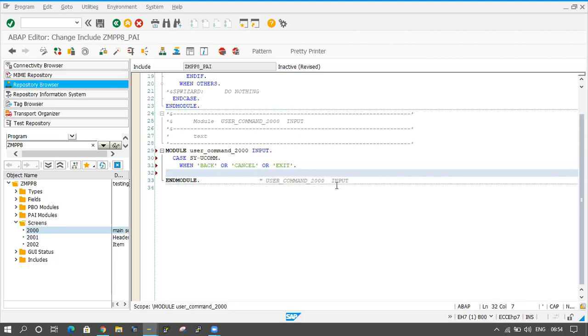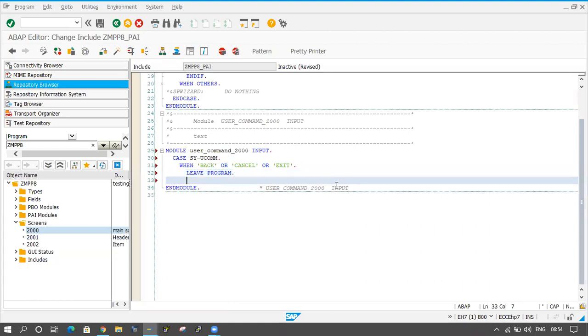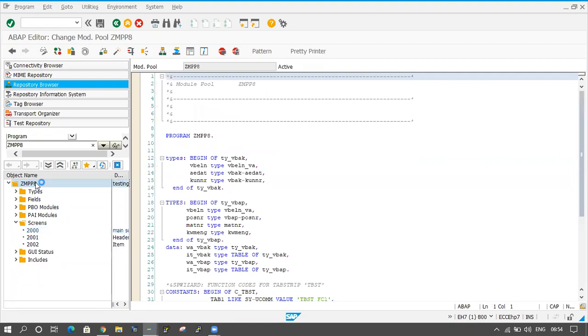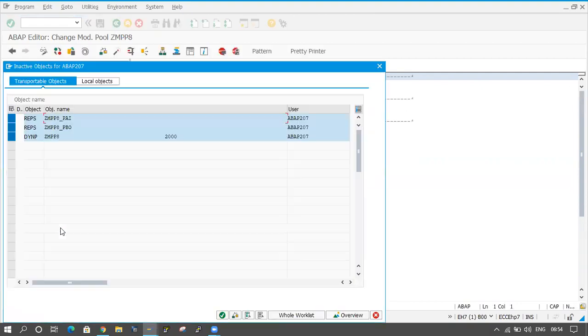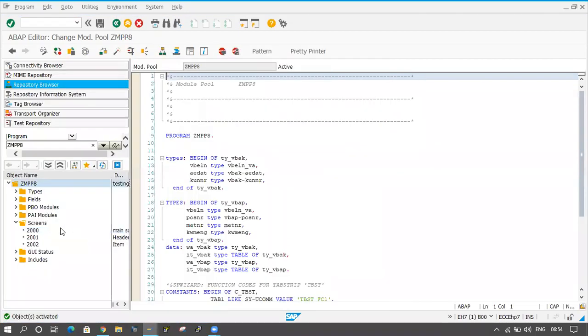Means I will terminate the screen here. Save it, check it. There's no problem. Now I will double click on the main program, right click on it and activate it. Okay, there is no problem now.